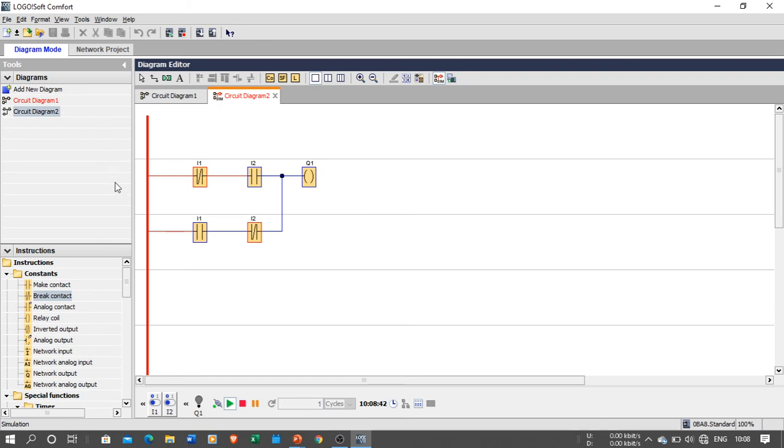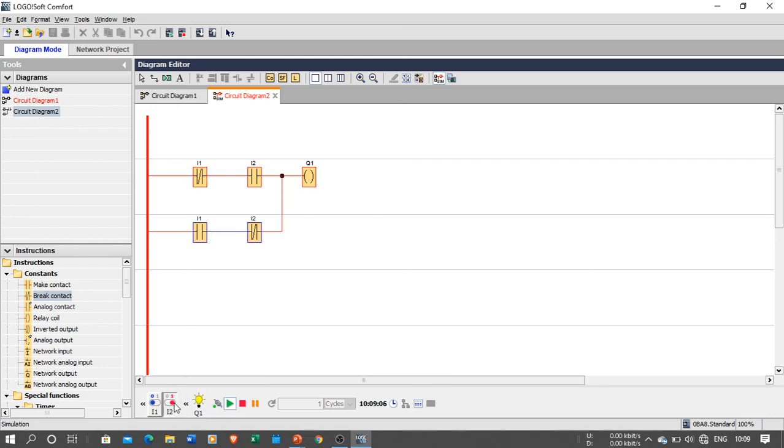Okay, if the inputs have the same state, now this I1 and I2 have the same state, that is I1 is 0, I2 is 0, output is 0. Okay, but when I1 is 1 and I2 is 0, I will get the output. Is it clear?